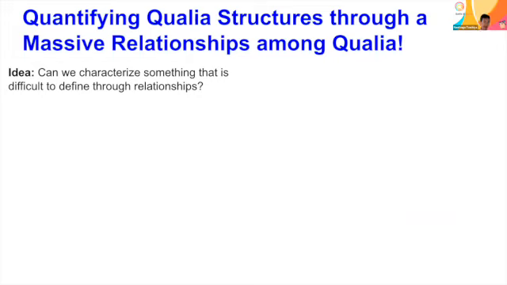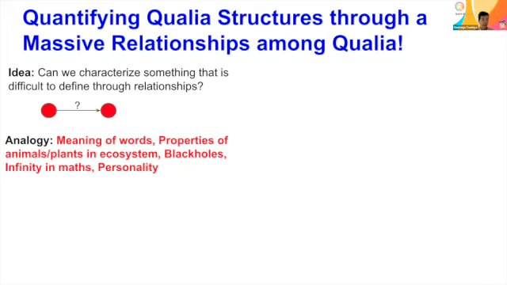So the idea is to characterize something that is very, very difficult to define in itself through its relationship with others. For example, if I ask you what your experience is of the left side of this circle, you can say that it looks similar to the color of wine or the color of my shirt or something like that, but it's always in relation to others. However, this kind of difficulty of trying to identify something